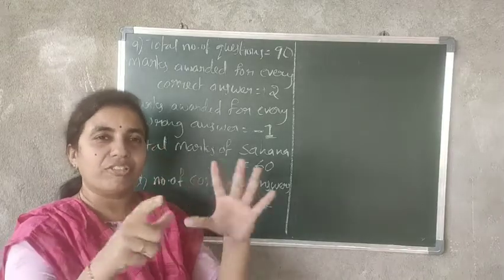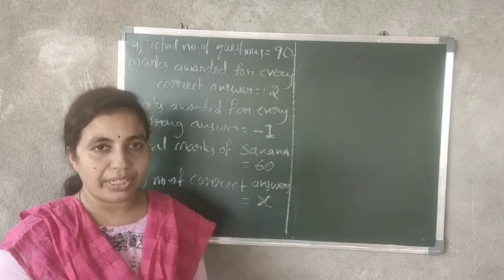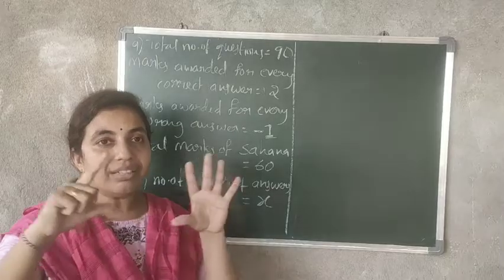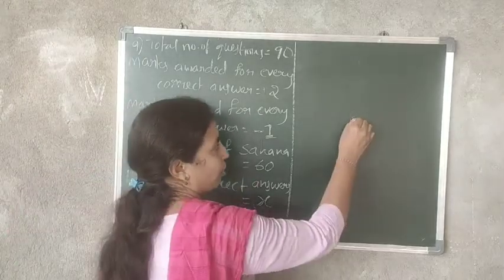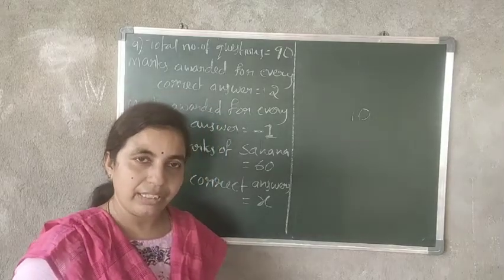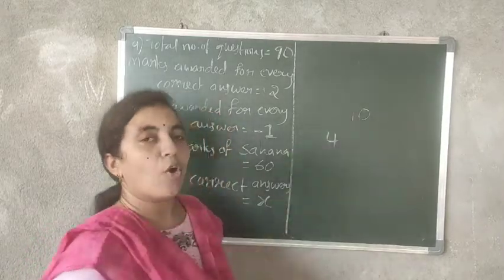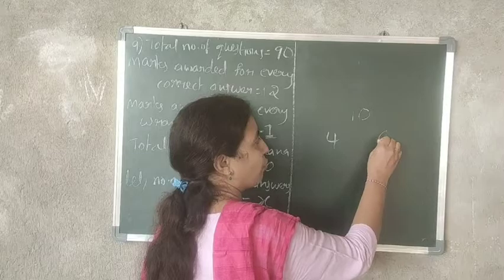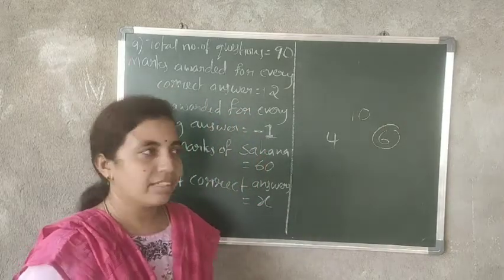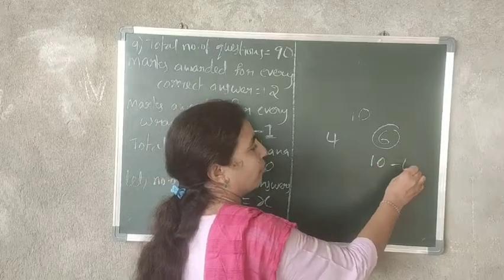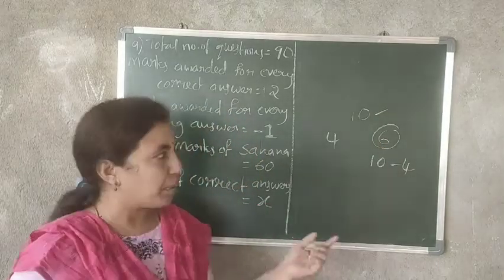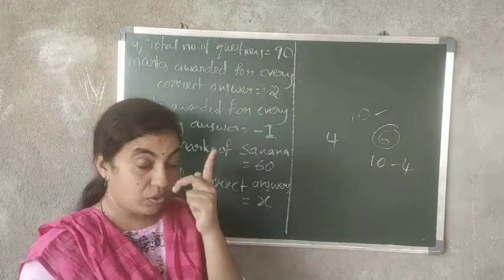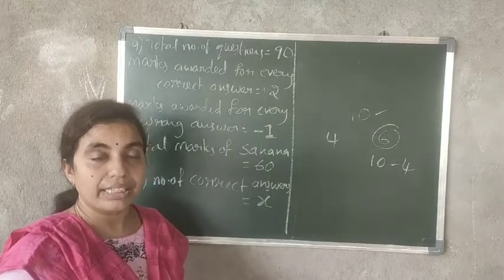See, in general, if you have written a test, say an informative assessment test, I have given you 10 questions to write, and if you have written 4 questions correctly, total 10. From that, see here, total questions are 10. From that you have written 4 correct. That means how many are wrong? Yes, 6. But how did you get that 6? 10 minus 4. From the total questions, you have subtracted the number of correct, so that you get the number of wrong answers. Same way, if you know wrong answers, you can find correct answers by subtracting from the total number of questions.